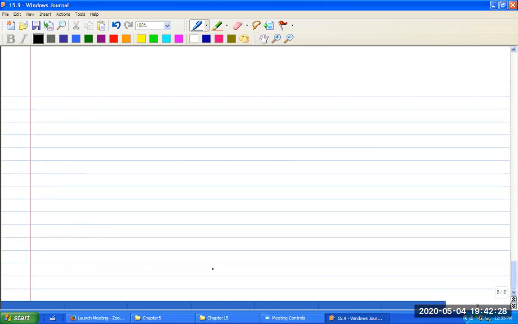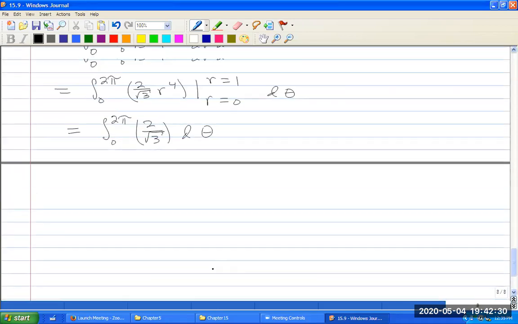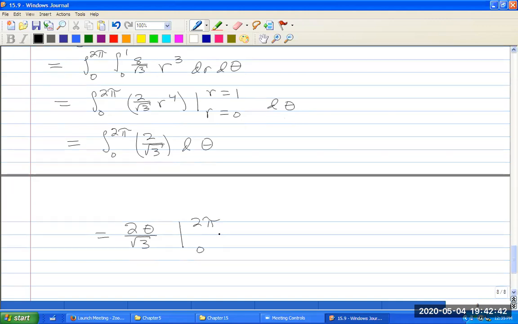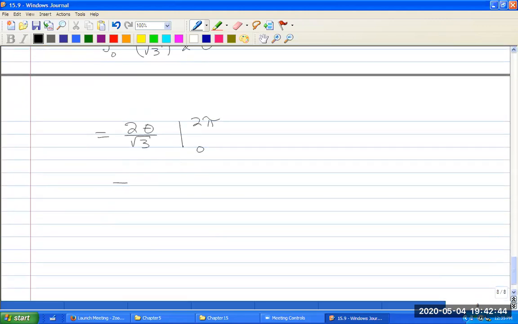And if I integrate this, I just get 2 theta over rad 3 between 0 and 2 pi. And so lastly, this is equal to 4 pi over rad 3. And that is the value